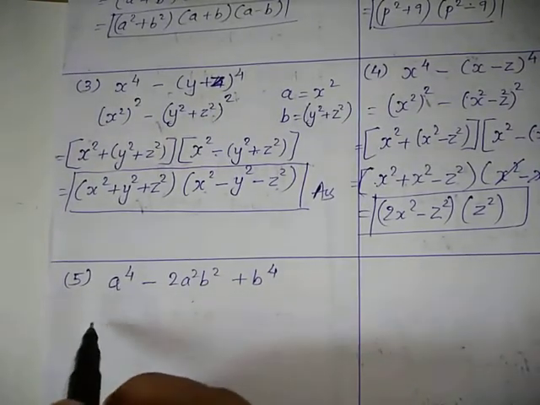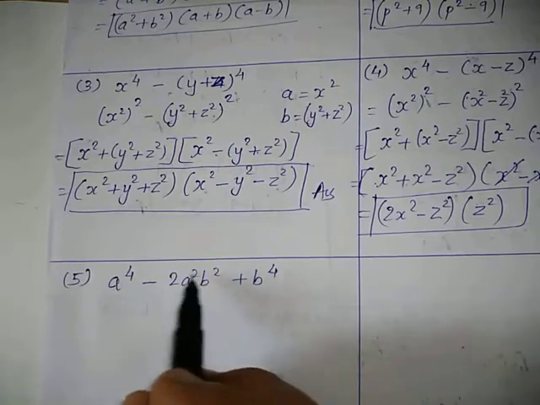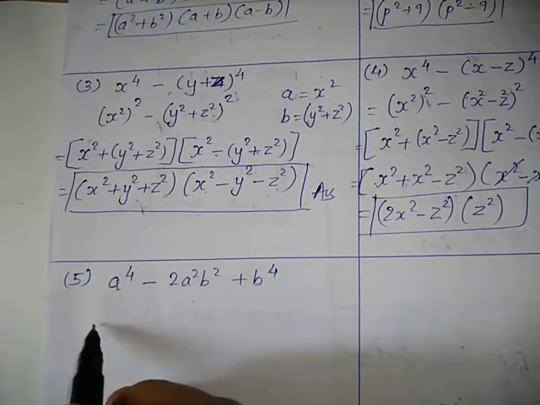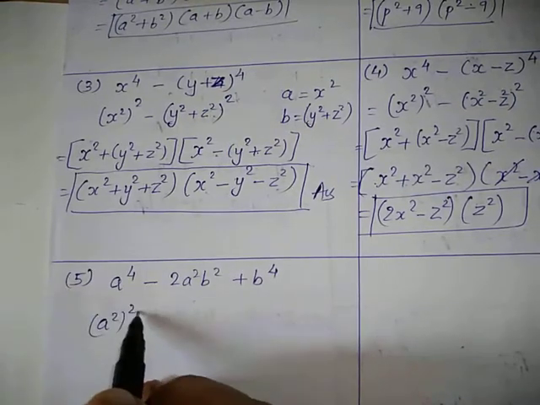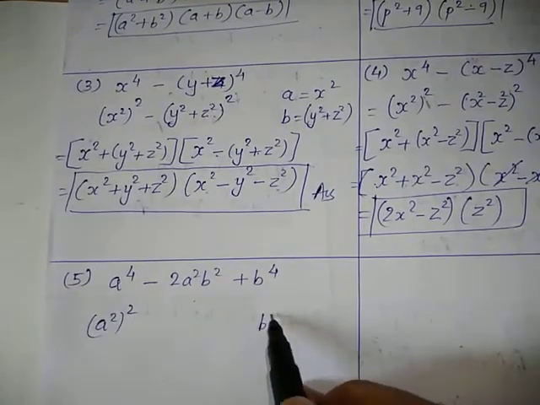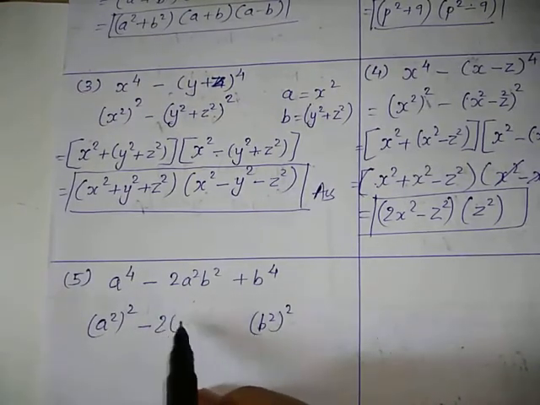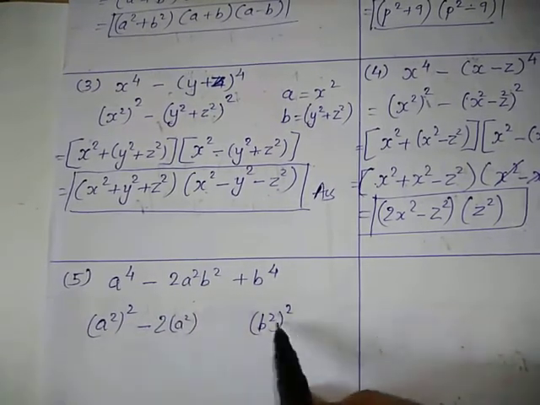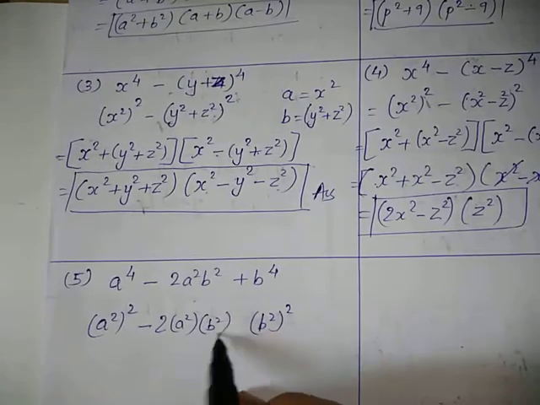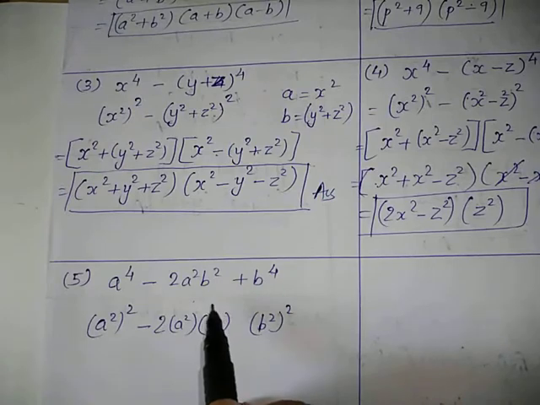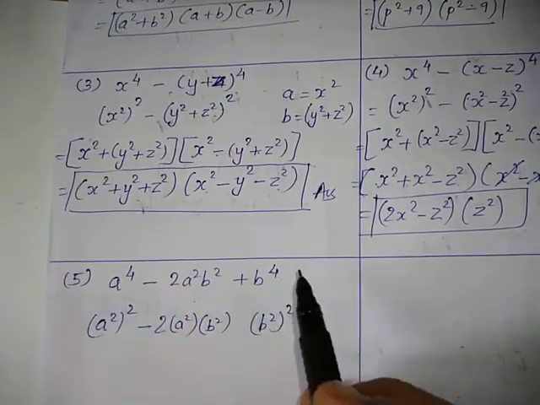So it is a trinomial. 1, 2 and 3 terms means trinomial. First let's check root of first term is possible. Yes, root of a square is possible. Last term root, b square whole square. Okay, now for the middle term, 2 multiplied by root of first term, that is a square, and root of last term, that is b square, and 2 ones are 2, a square b square. Okay, so middle term is also fine and complete. So this is a perfect square trinomial.